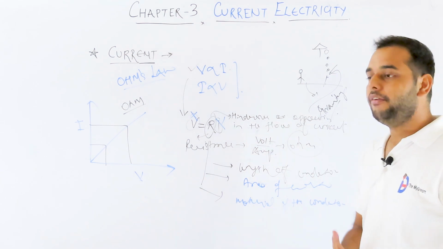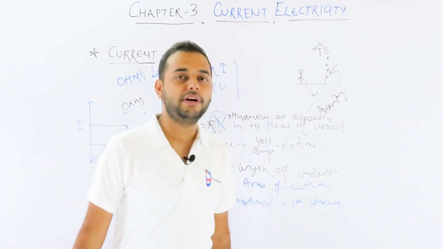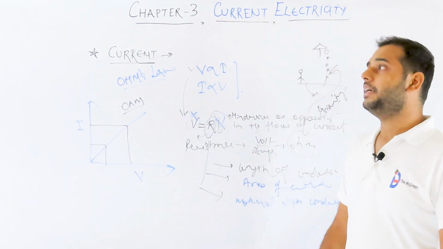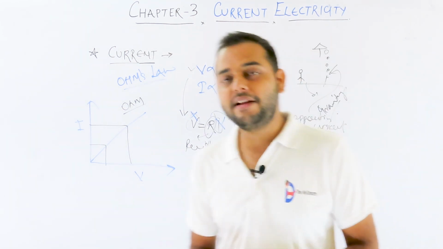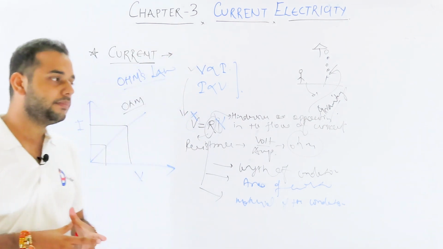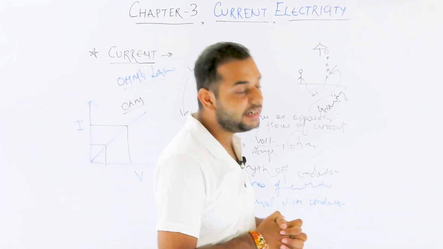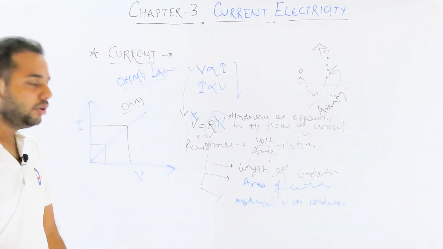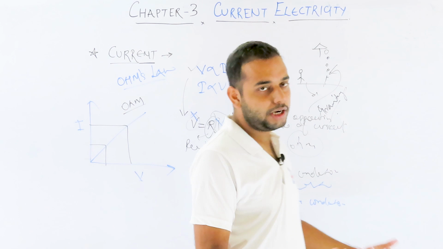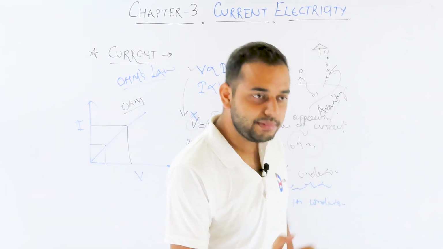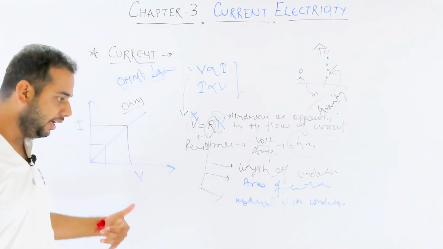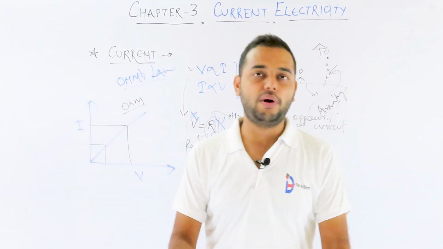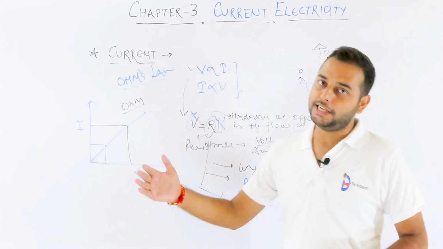And up to now, what we did, we understood that current is a scalar quantity. It is not a vector quantity, although it has a magnitude and direction. And what is the definition of current? It is simply rate of flow of charge. To define a rate, we have to divide something by time. And one more thing, it is a scalar quantity because charge is a scalar quantity, time is a scalar quantity. So as in the case of speed, speed is distance upon time. Distance is a scalar quantity, time is a scalar quantity, and hence speed is a scalar quantity.